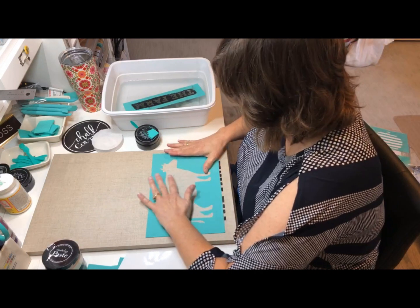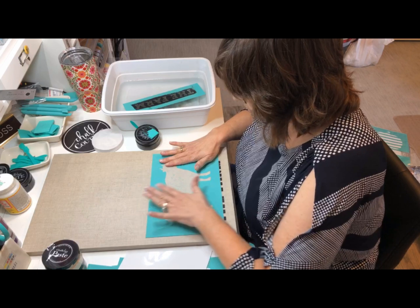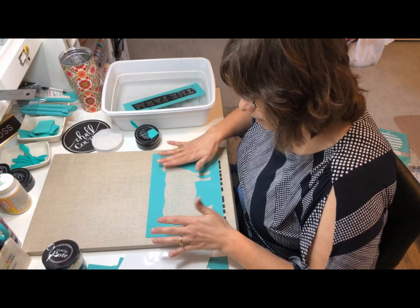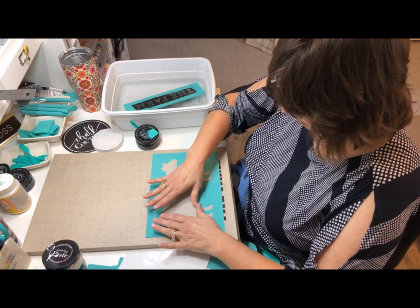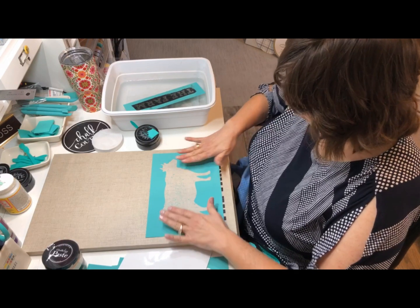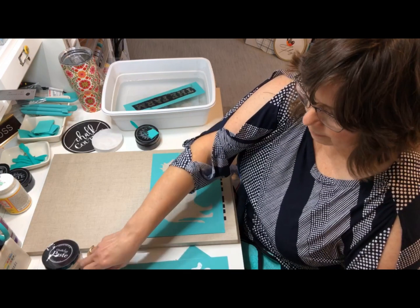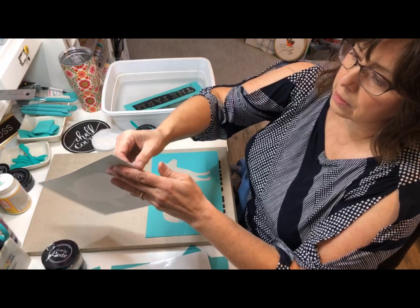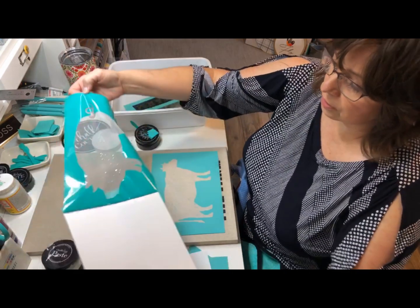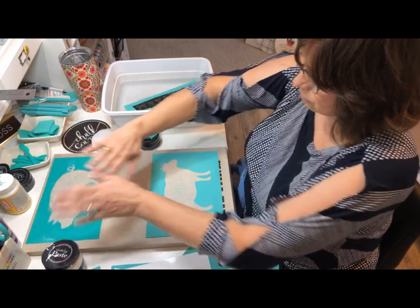Like I said, this is not sticking the best. And it could be because the other linen canvas that I worked on the other day with the biscuits, that transfer stuck pretty well. But these aren't sticking very well. So I'm going to chalk ever so lightly. You don't want to press really hard or you're going to shift your transfer and that will mess up your...